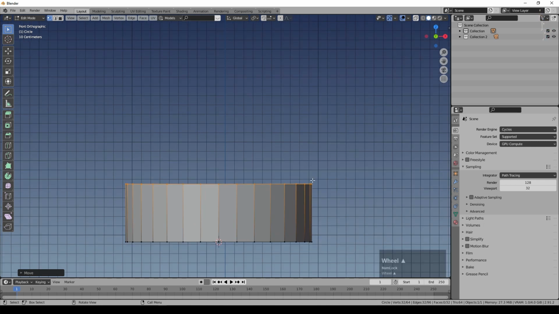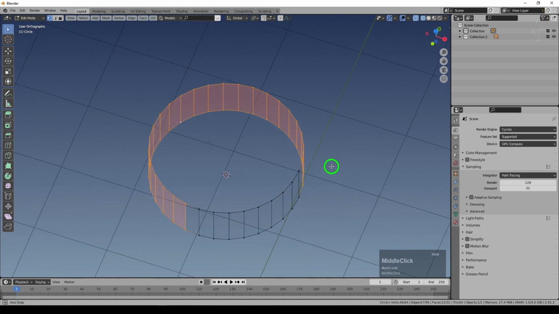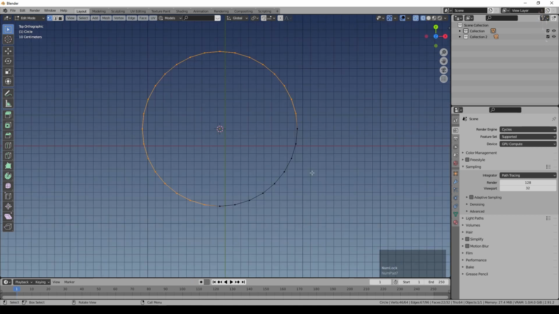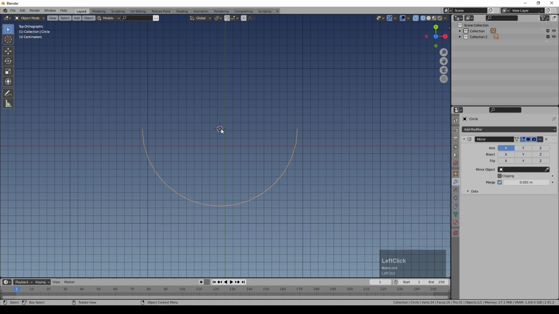So once we've created that, what I'm then going to do is deselect everything, make sure I'm in wireframe mode, and then select all of those vertices and all of those vertices. So I've got a quarter of the circle left, and you can see that's how it's selected. So I'll press X and delete the vertices. I'm now going to come over to here and add the mirror modifier. You can see that's created the other half there, and if I click here to select Y, it will create another piece there as well.